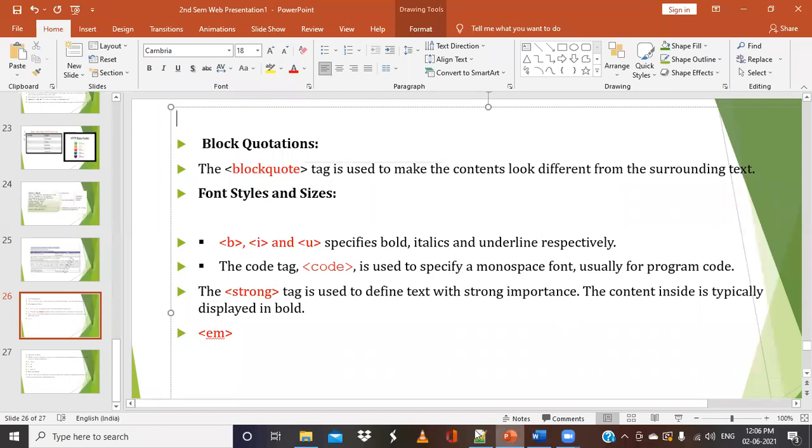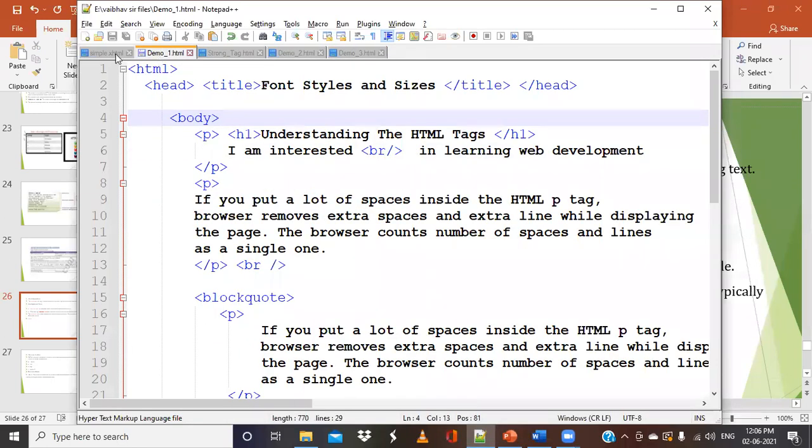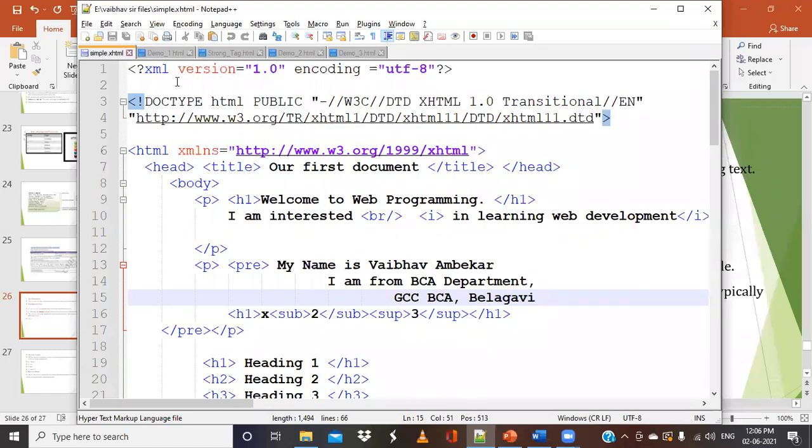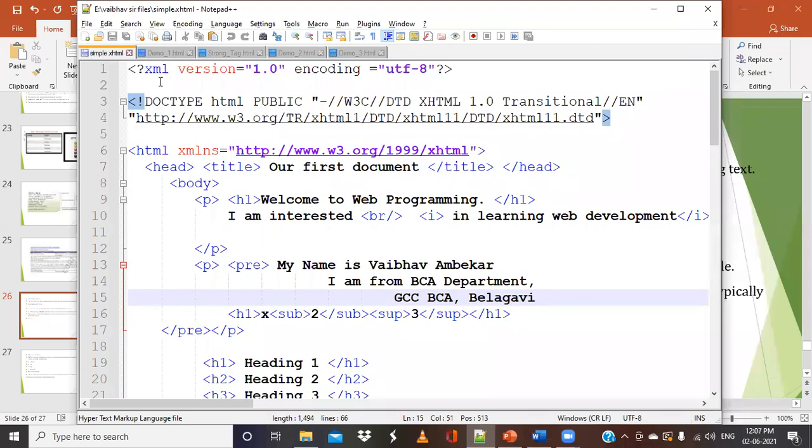And one more important point that I want to highlight is that we have used HTML and XHTML files, where we provided the XML version and doc type and so on. If you want to use just HTML files, or if you want to program in the HTML way, then you can use the extension as just .html. In this program, you can see that the program name is demo_1.html, and it just starts with the HTML tag. So no need of defining the XML version and doc type, and other details are not required.